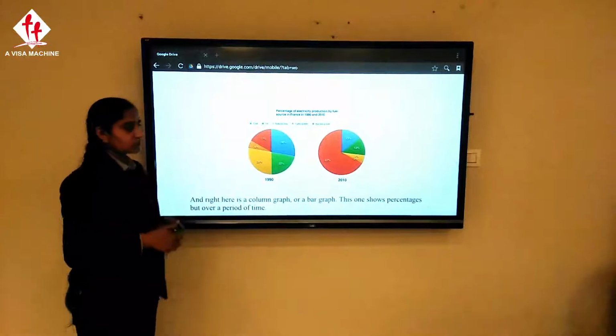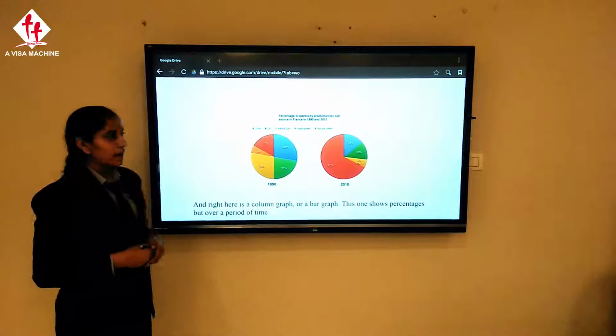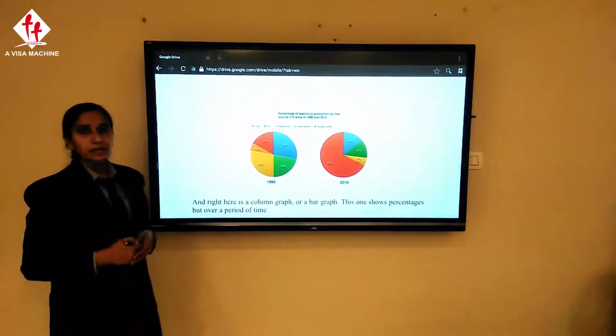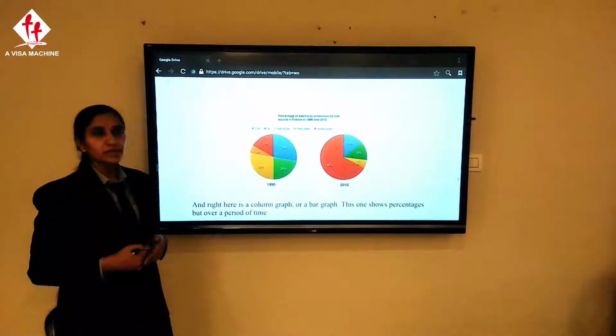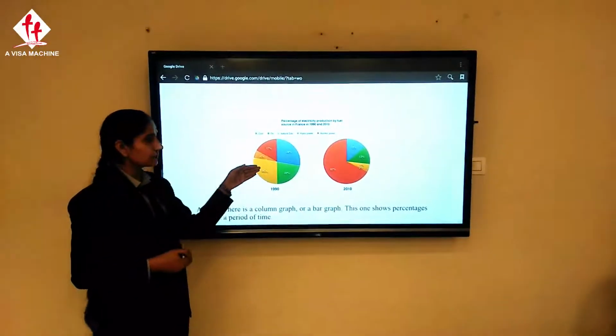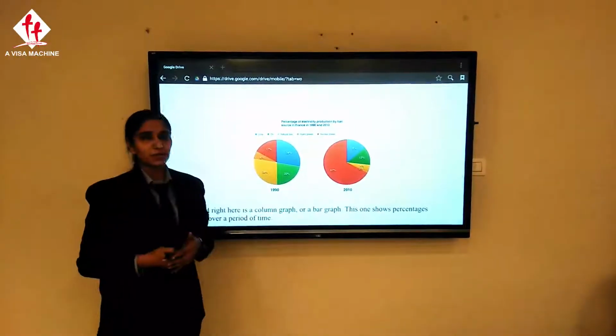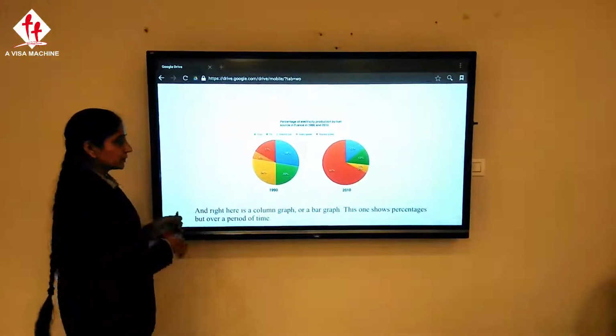The next one is another kind of diagram that is known as a pie chart. In a pie chart, we have to write our information out of the 100. Students, the percentage is given, but they have to include the information out of 100, whatever they have to write in it.